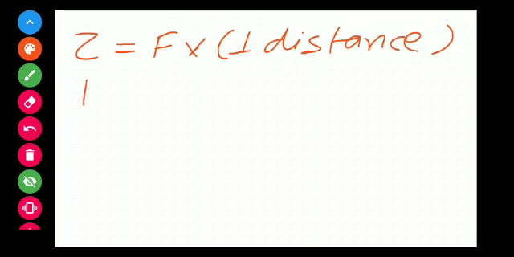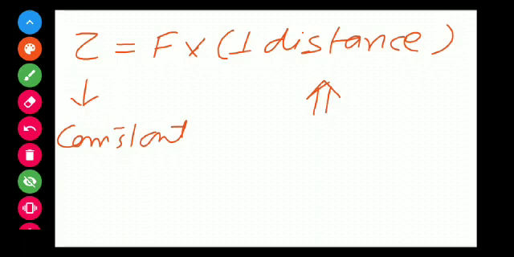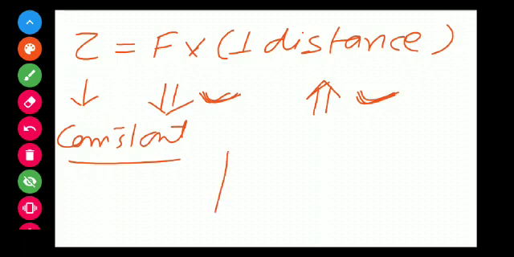If torque is constant and we increase the perpendicular distance, in that case there is decrease in force. For constant torque or constant moment of force, if we increase the perpendicular distance, in that case we need less force for rotation. For example, in case of a door,